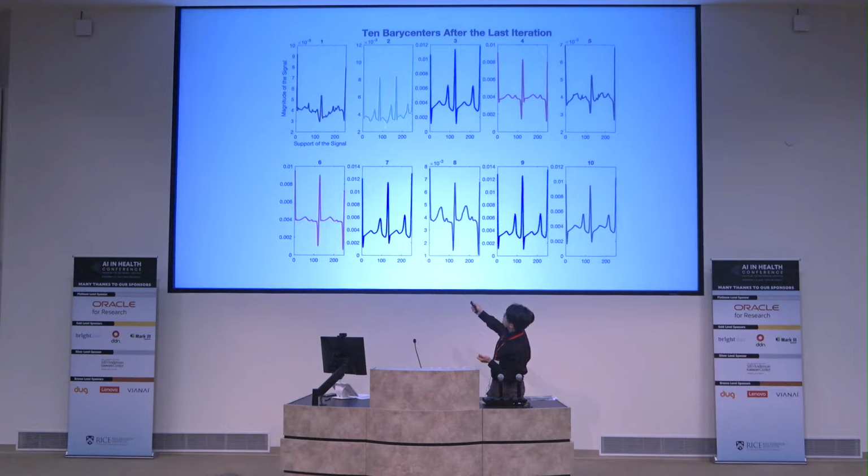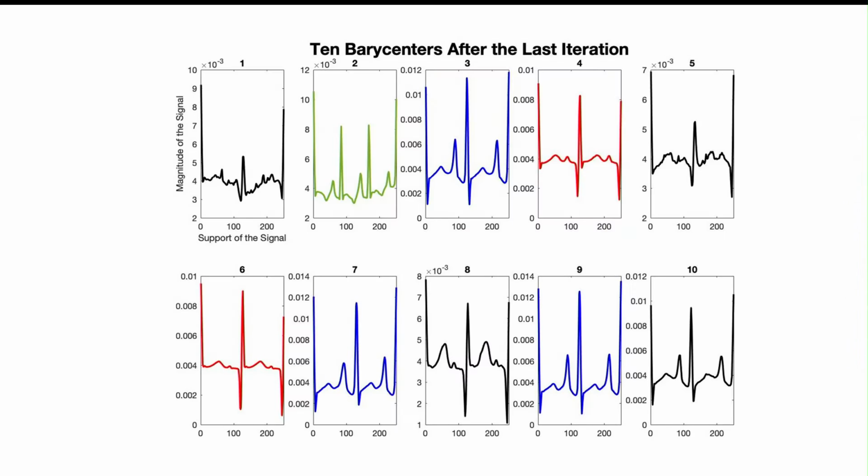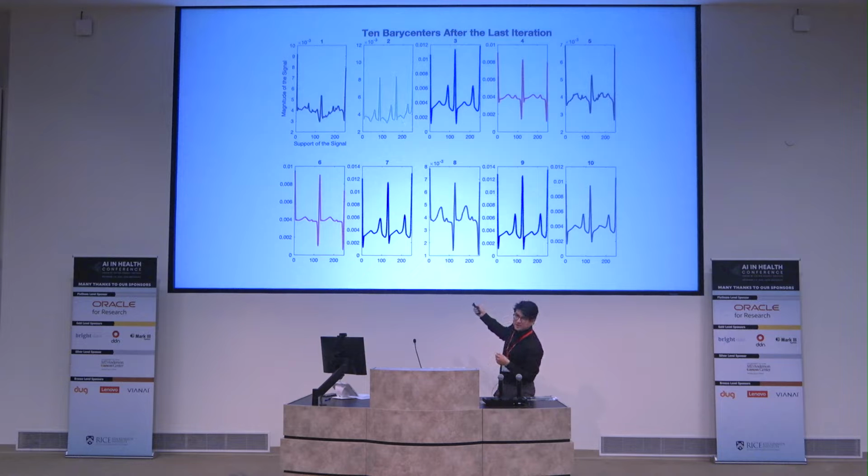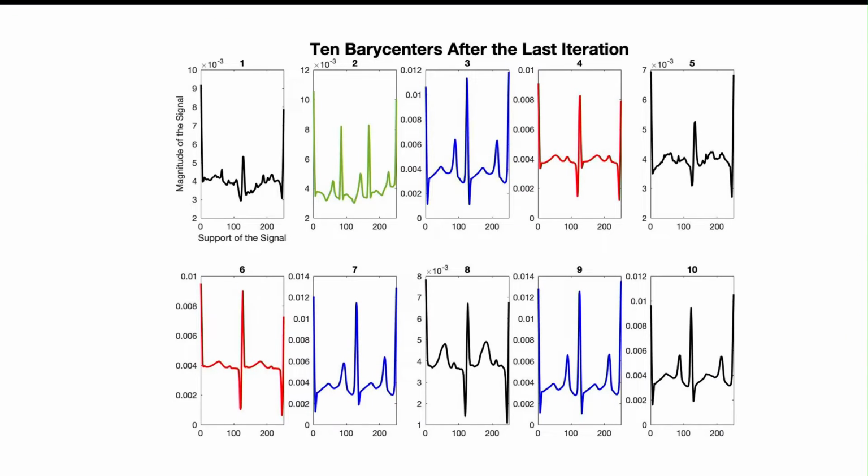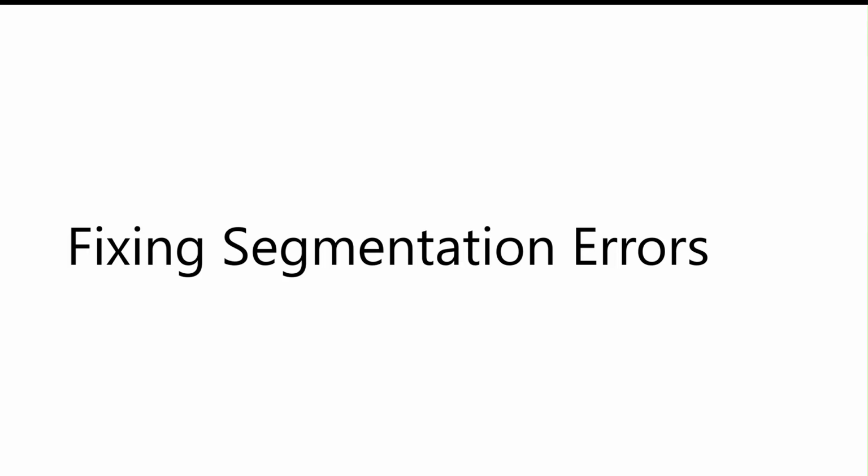And then we also detect this green signal, which is errors in the segmentation of the data. So we were able to actually detect that there were errors in the data that was given to us, right? So in here, instead of having one single heartbeat, you have two of them here. So what we had to do is go back. Now we have errors in the data. We need to go back and fix those errors in the data. Of course, so we were able to fix the segmentation errors.